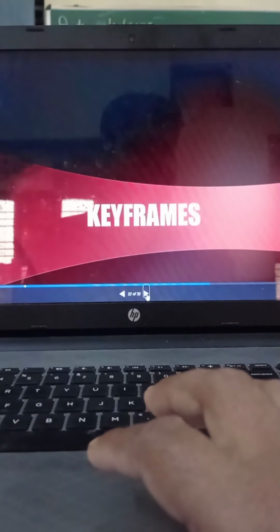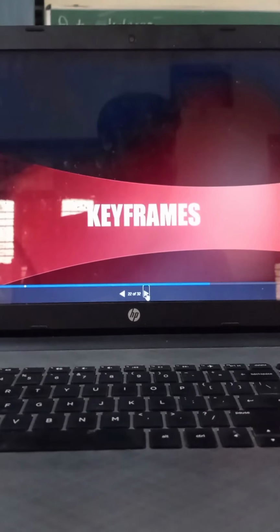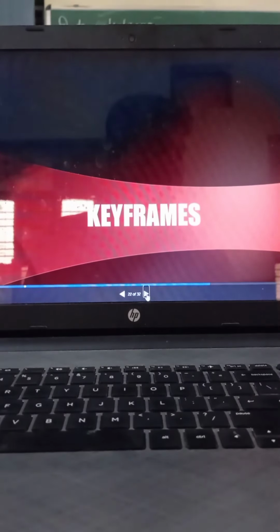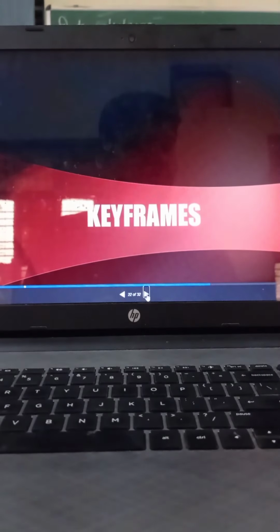Keyframes in your timeline, keyframes, polystar tools. So after that animation, we will discuss the tools one by one. We will discuss the drawing tools also. Rectangle tool. This tool is used to create square and rectangular shapes. This tool has an option which can be set to draw a rounded rectangle.